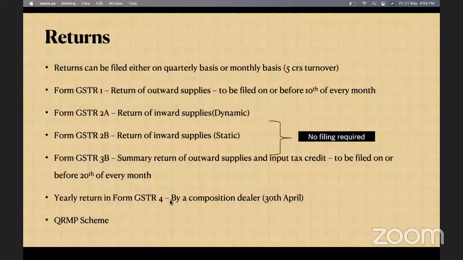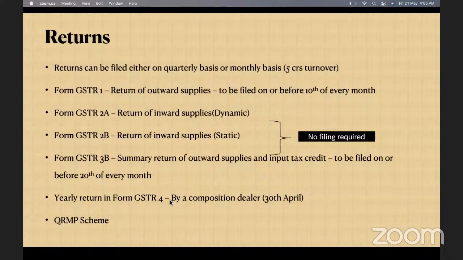Now, these returns, GSTR 2B and 3B, are relevant for regular registered persons. Who is a regular registered person? A regular taxable person, casual taxable person, plus non-resident taxable person. But in case of a composition person, they will not be filing any monthly returns. They will be making monthly payment of tax through something called CMP-08, and they will be filing a single yearly return in GSTR 4. It is to be filed once the financial year ends, March 2021. Return in form GSTR 4 is to be filed by the composition taxpayer on or before 30th April of the second